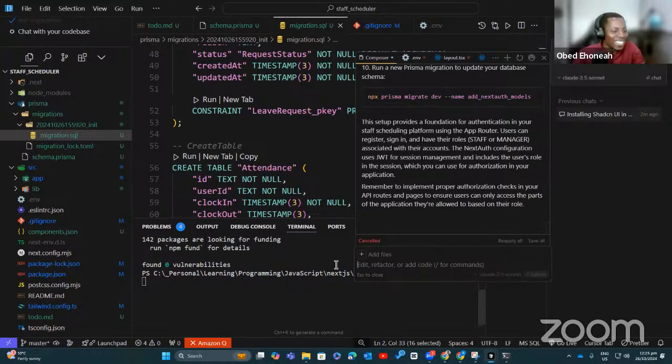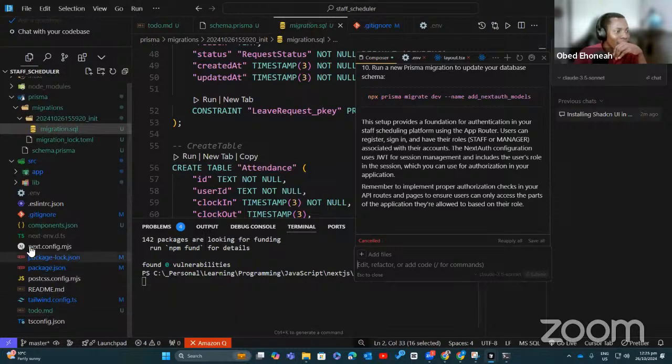Yeah, so let's get to this. One of the things I would have preferred to do is give it the folder. To inform it about the folder, we have the SRC directory.